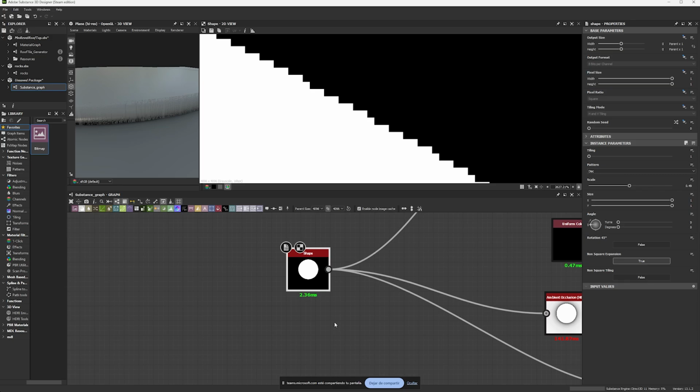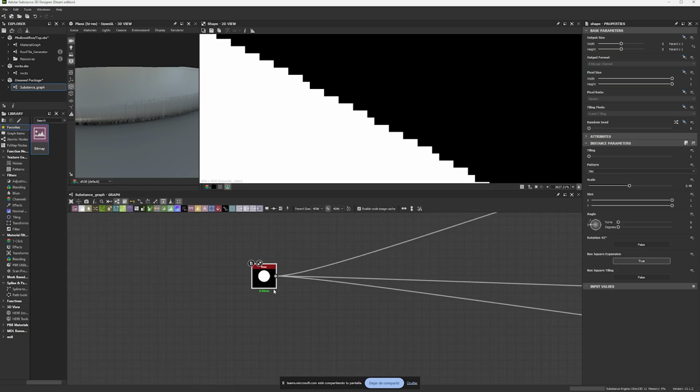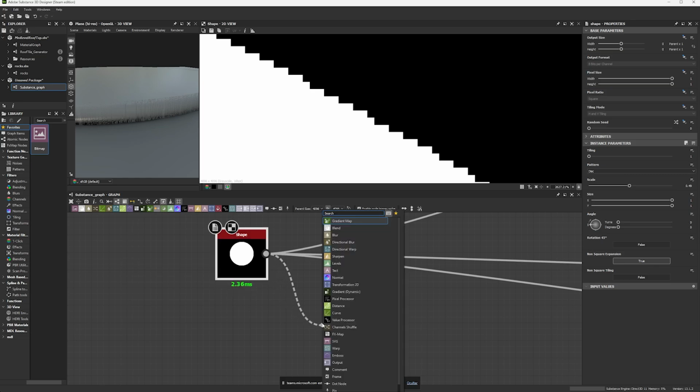Now let's say I want to create a bevel. So a bevel would be kind of this edge being a little bit rounder, allowing for light to bounce off from there and kind of highlighting the overall shape. So if we know the basics about grayscale information being 0 and 1, that means that if we want to make a smooth area, kind of like a round shape there, we want to have a gradient.